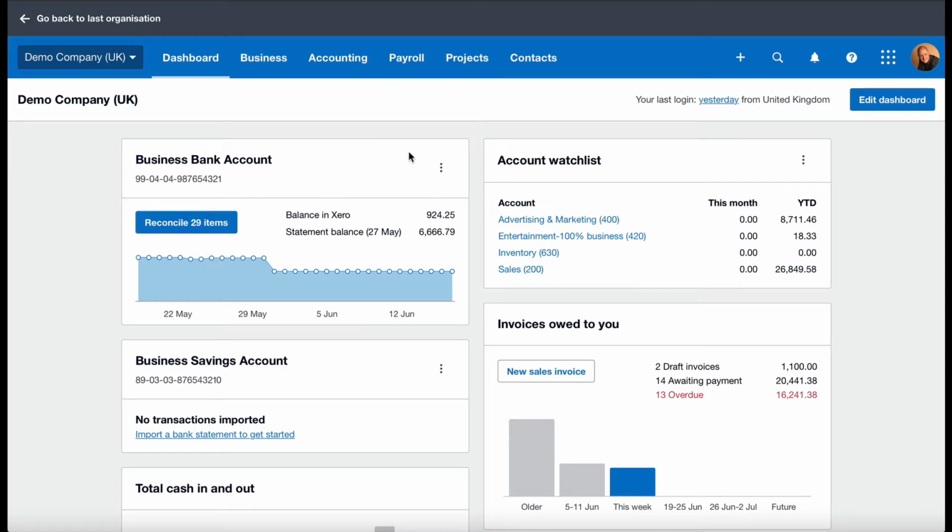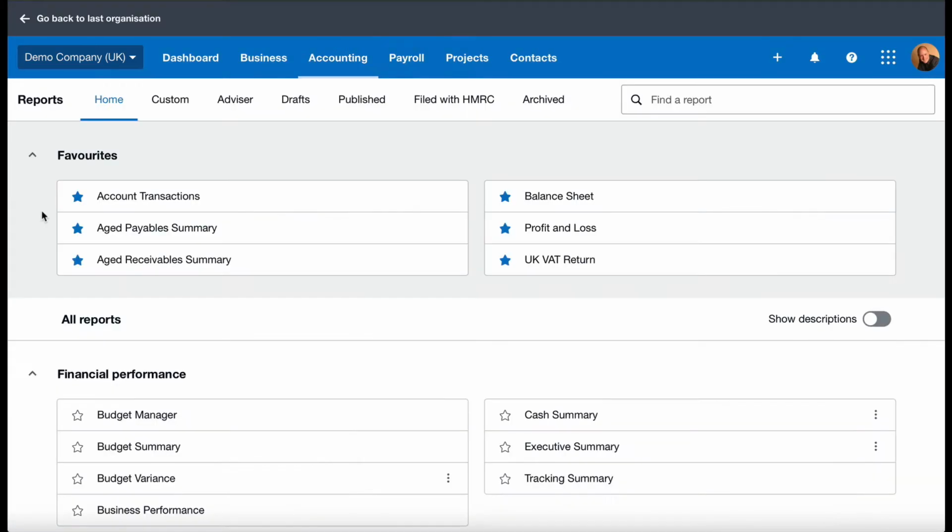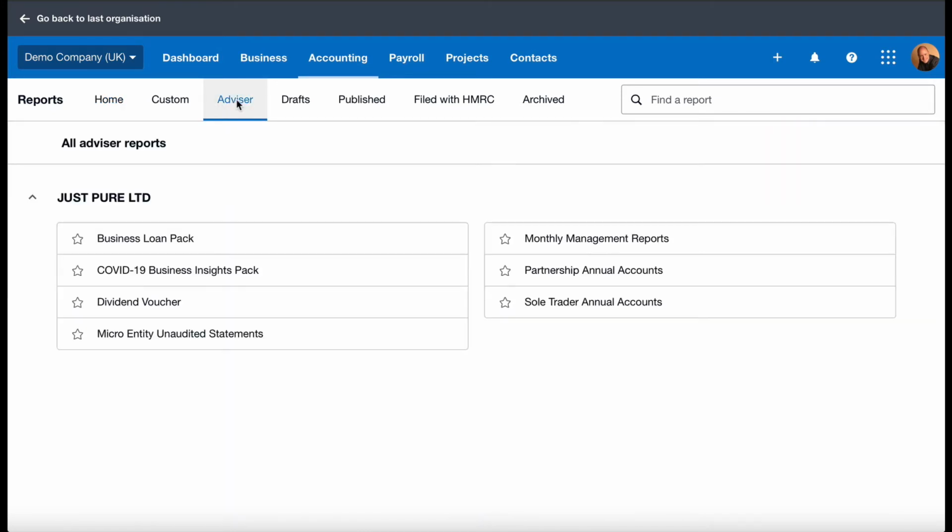So I'm in the demo company. I'm going to click on Accounting up here, and we're going to click on Reports. And eventually, when it gets through to reports, it's very early in the morning for Xero. There we go. Now, to produce dividend vouchers, you need to have the advisor role. So the first thing I would say is just check your user access, your role in the business, as you need to be an advisor. So we've got the advisor tab here, so I will click on that. And if we go down here, we've got a little option there called dividend voucher. So if we then click on that,